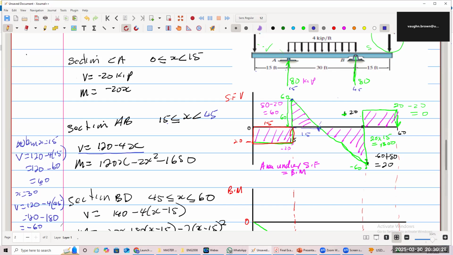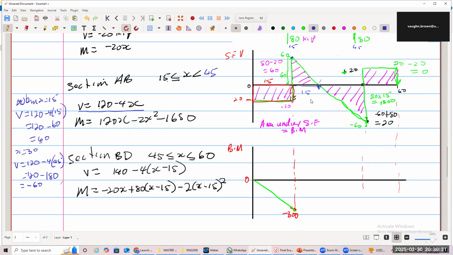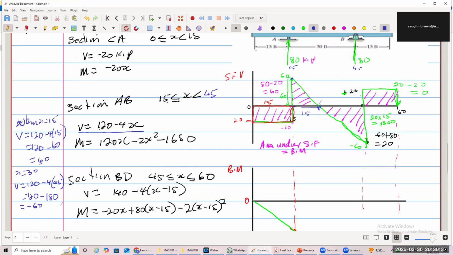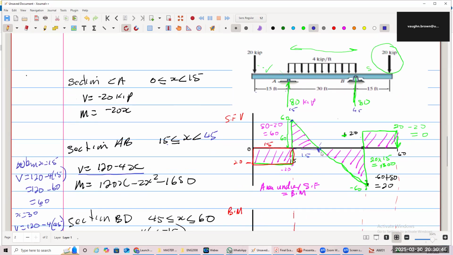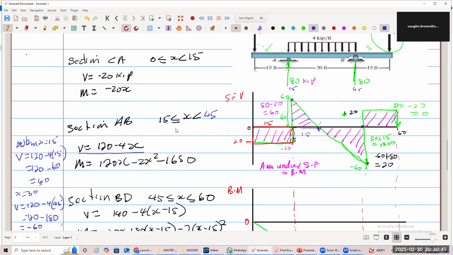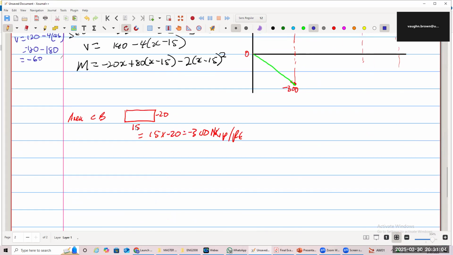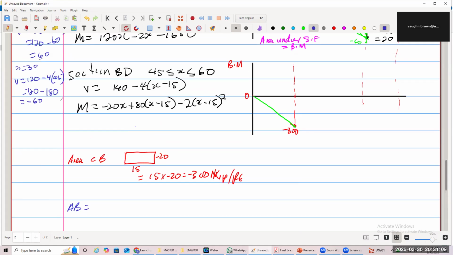This is why we get our equation, because we don't really want to guess too much. If you go into your expression, you will find it quickly. So if you want to find the measurement, 15 plus 15 is 30. So for the AB section, if you put 30 in AB, you know what your shear force is supposed to be. You're probably going to get 0 right here. Let's put 30 and check it. So we're just checking for the AB section, and your shear force equation was